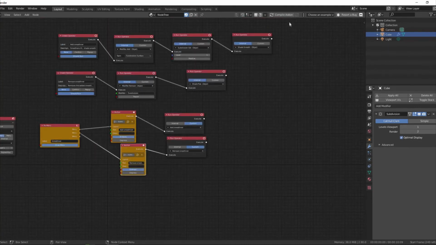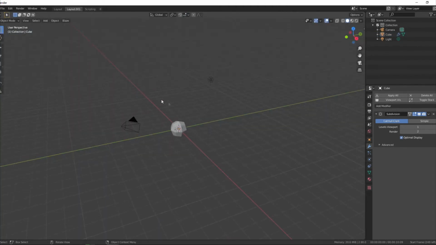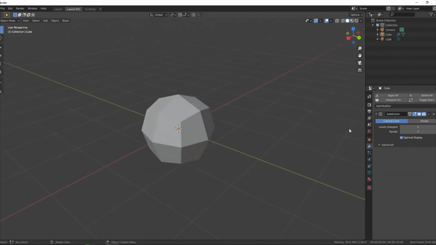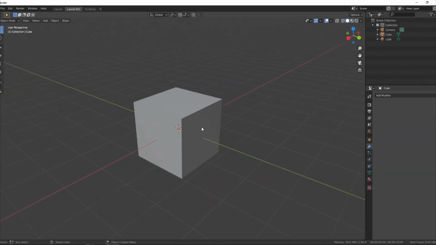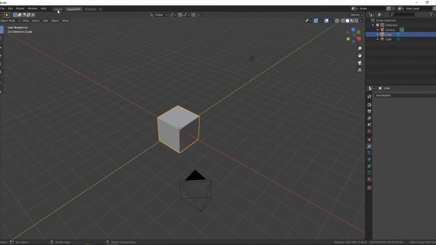So we can click on compile add-on, and here you can see you have the option to name your add-on if you want to name it, or you can leave it for now by clicking on ignore name. After that, click on the OK button, and now this is the time to test what we have done till now. So here let me remove this subsurf modifier which we added for copying the name, and now if you press your assigned keyboard shortcut in the 3D view, your pie menu should appear. Mine is Ctrl plus Alt plus numpad 1.